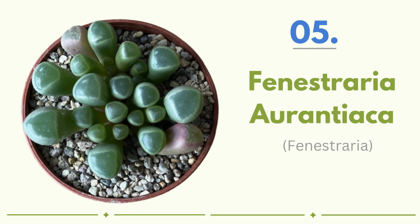Fenestraria Aurantiaca is one of the most convincing stone lookalike succulents you can grow, because most of the plant actually hides below the soil while only its flat pebble tops stay visible. In the wild, it grows in coastal deserts where rain is rare and the sun is brutal, so it developed clear leaf windows that let light pass through to the buried part of the plant, keeping it safe from heat